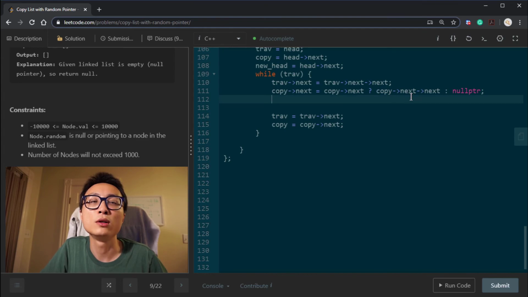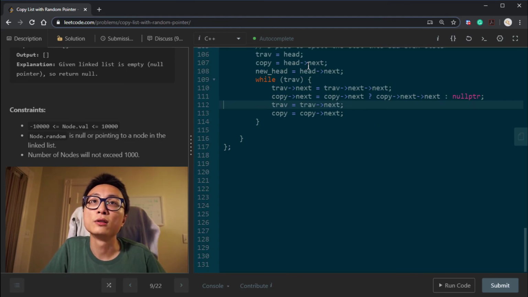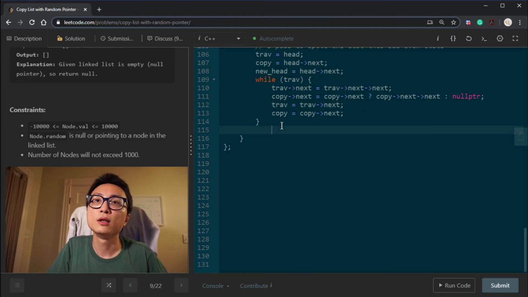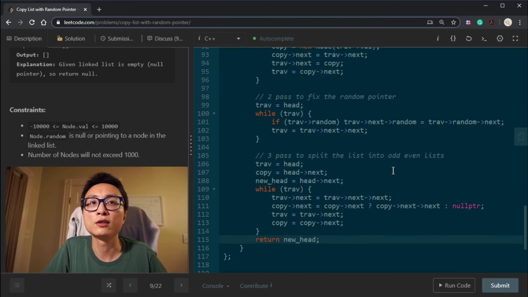If it's a null pointer, then this will be undefined. You couldn't call .next on a null pointer. So that's why this looks slightly different. After that, we just return the new head, which is the initial node of the copied linked list. So this is 3 pass and constant space.